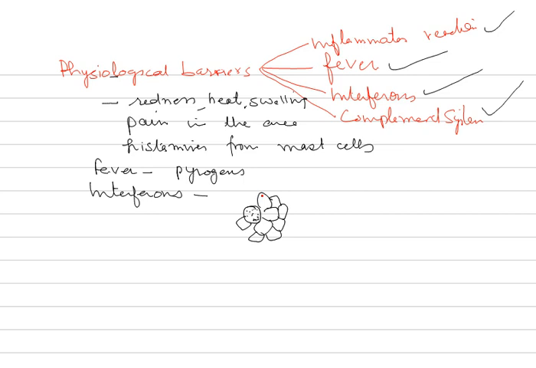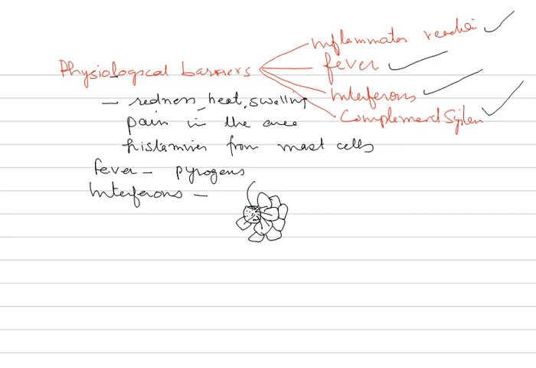Once in response to viral attack, these interferons are released. They make the surrounding cells resistant to viral infection by inhibiting multiplication of viral particles, the viral particles which are responsible for this particular attack. These interferons somehow don't let these viral particles move towards the other cells. So this is how it is stopped. These interferons basically are stopping the multiplication of viral particles.